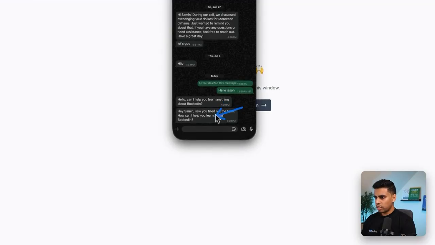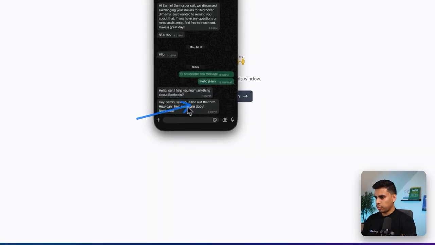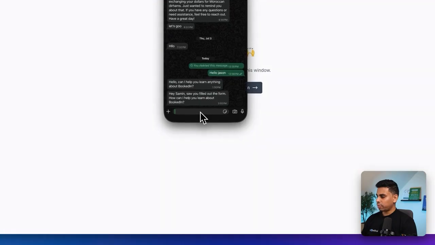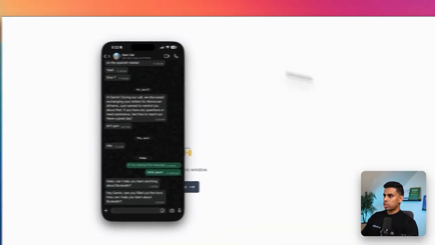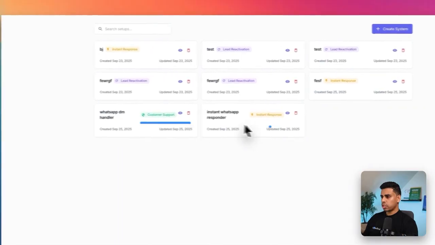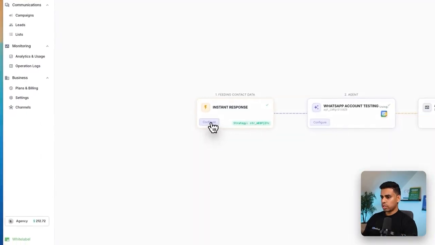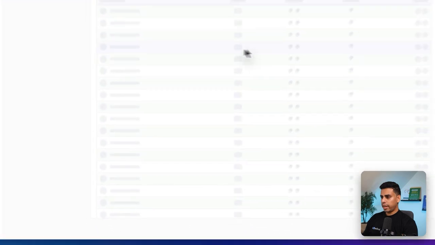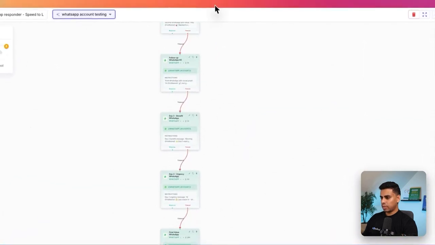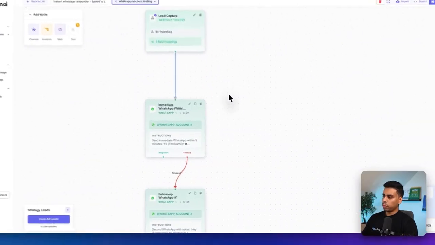So you see now it says, because I filled out the form, I got this message: Hey, Simon, so you filled out the form. How can I help you learn about Booked In? Pretty simple. If I talk back to it, it just goes back and forth. Now you see how this works, where we now have a customer support system. We have an instant response system. And the beauty about this instant response system is that after this thing loads, you will see it's going to be texting them over time as well to make sure that these people are followed up